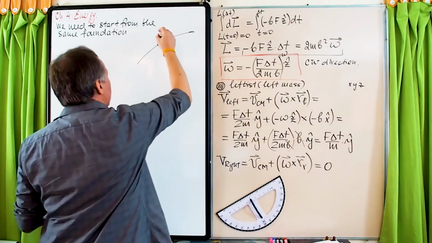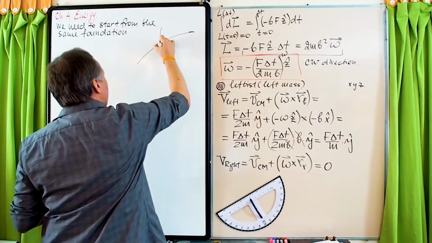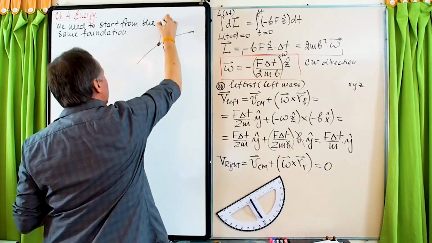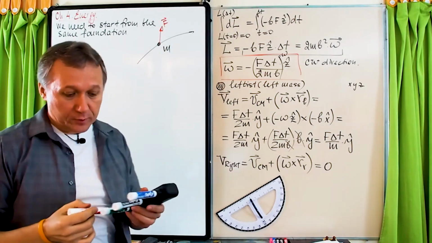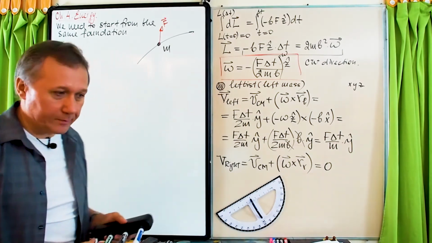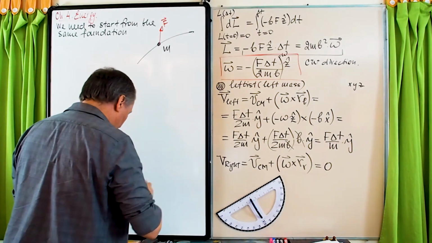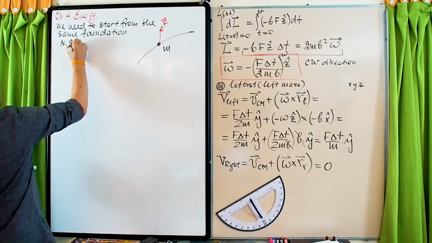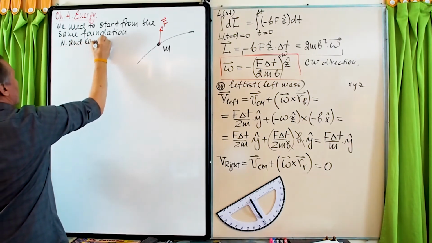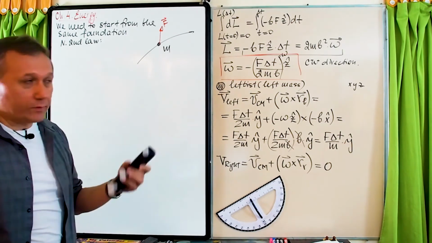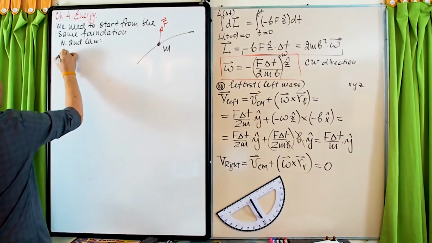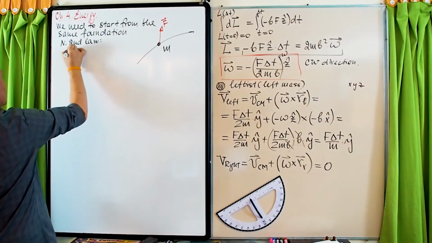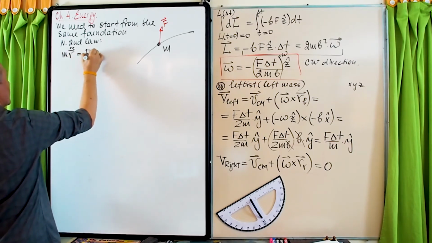So there's some force acting on the mass, not the system, on the mass, because Newton's second law is for a single particle. According to our foundation, Newton's second law in its original form for a point mass, we can write